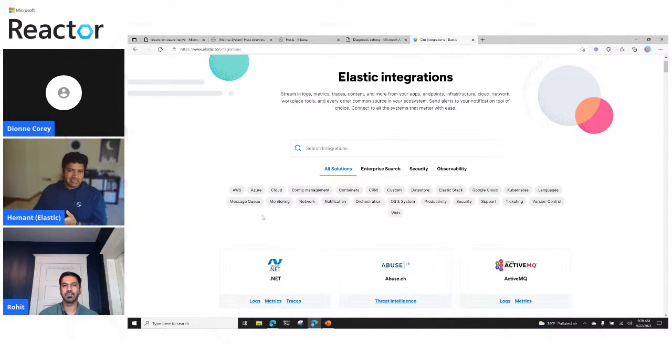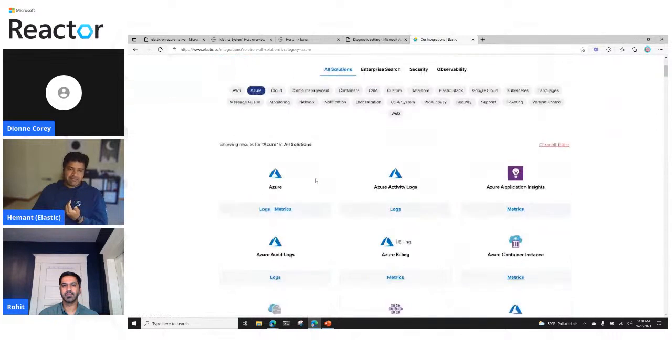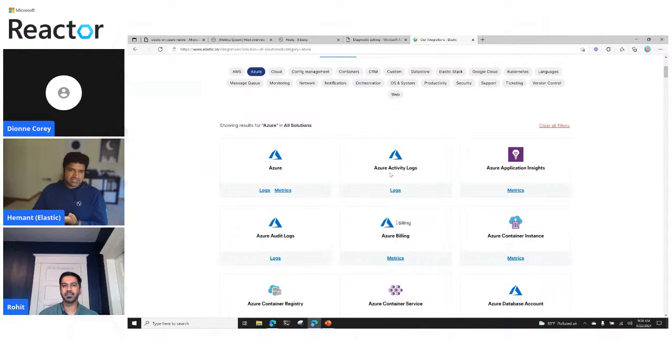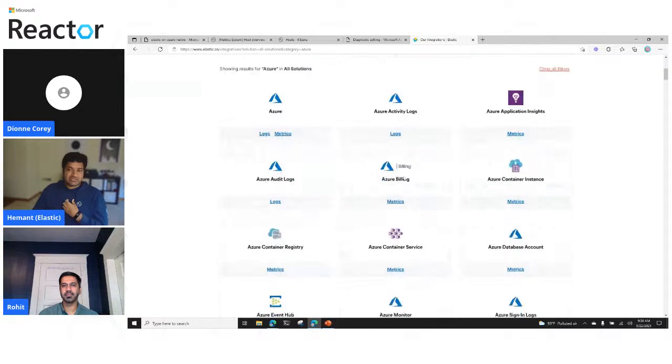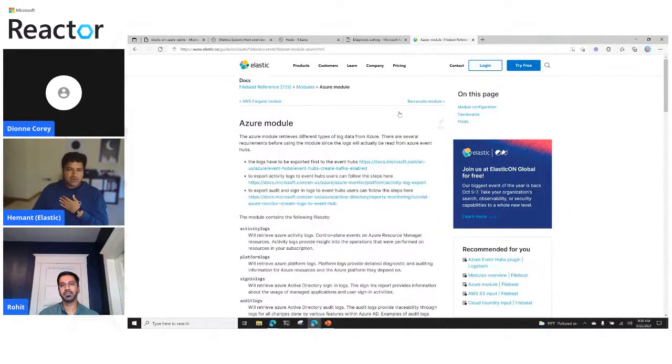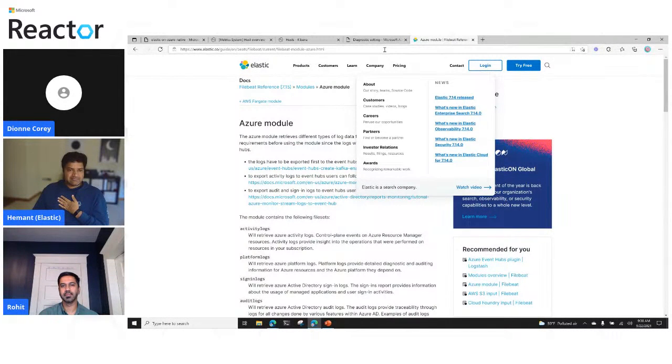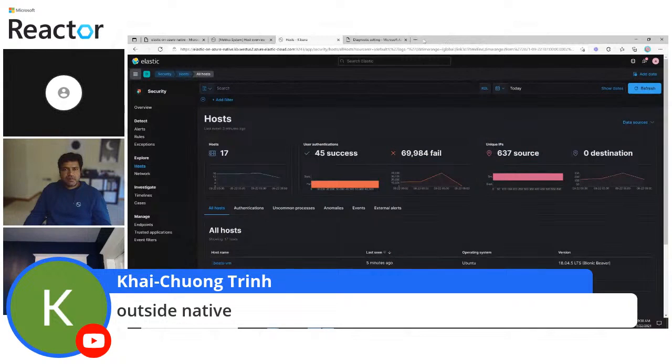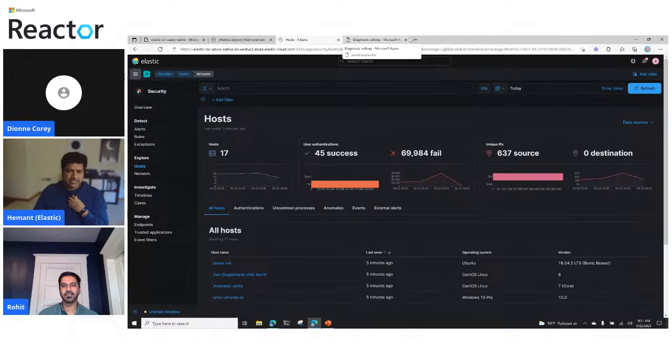But if you are still interested in understanding it, I can pick up Azure here, and depending on what's of interest to me as a data source, I can go on it, and this is where it would walk me through how I can onboard that data into Elastic. Like Rohit said, my answer is use native integrations, so you don't have to do this, but elastic.co/integrations is a good place to start. Perfect. And it looks like the person followed up that it was outside native.